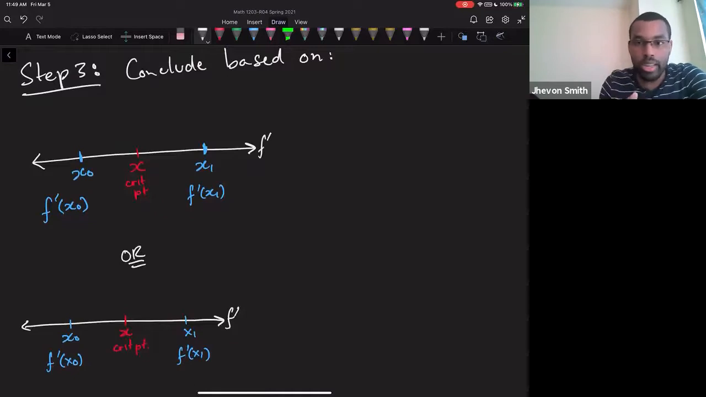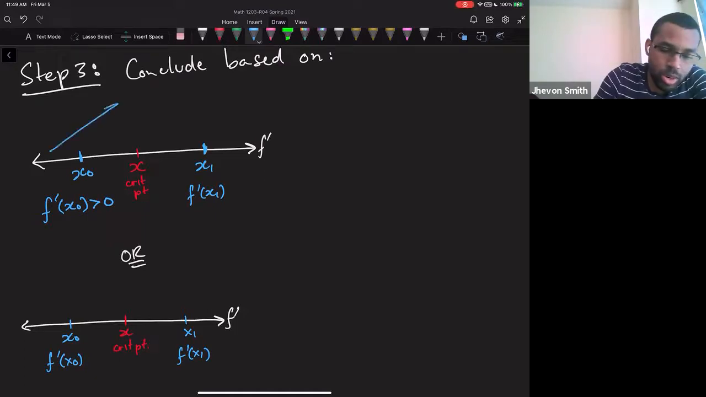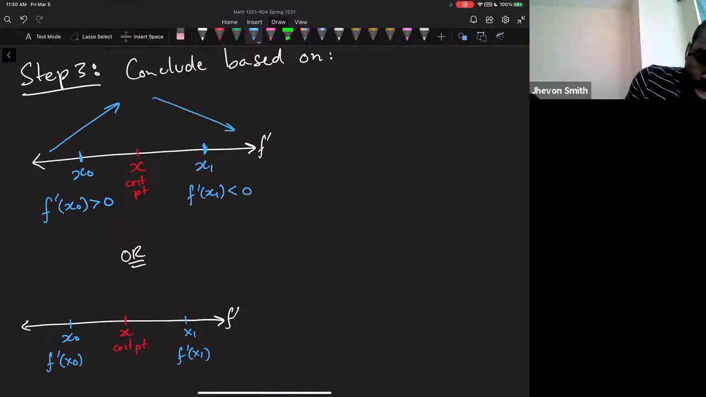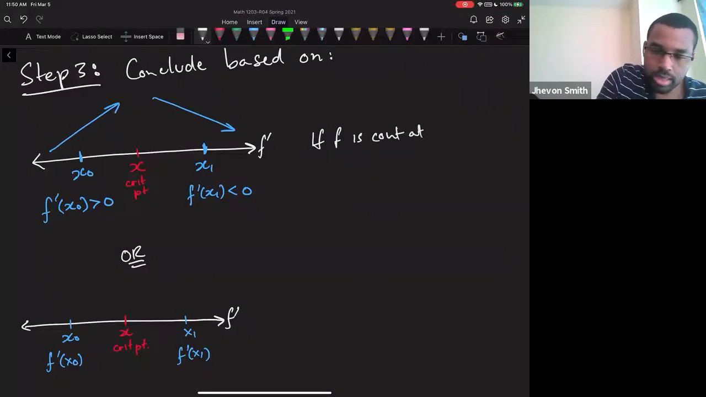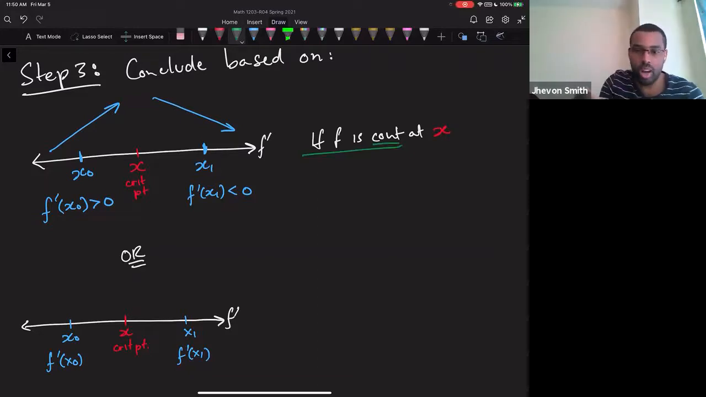You plug in that number that you picked at random into the first derivative, and let's say you got a positive number. What that means is, well, we know what that means. Positive means you're increasing. It means that on this side of your graph, you're going up as you go from left to right. Then let's say over here, you get a negative number. Then this side of your graph, you're going down as you go from left to right. And then you can conclude, if f is continuous at x, and that part is important, if it's continuous there, like the value is actually filled in, it's actually on your graph,